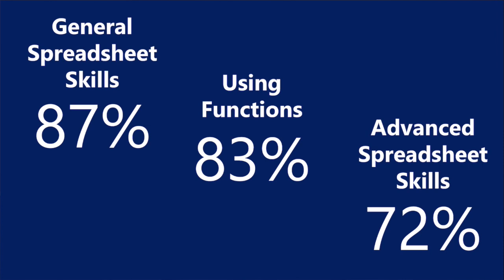Next, our paper divided the auto-graded problems by spreadsheet content. We used 3 categories. The fraction of questions correctly answered when aggregating across 3 cohorts was highest at 87% for general spreadsheet skills. That's like writing formulas, sorting data, and making charts. A little lower for function-related auto-graded problems in the areas of math, logical, and matrix functions. And finally, lowest for those advanced spreadsheet skills, including error and statistics, interpolation, integration, and solving systems of linear equations using matrix functions.